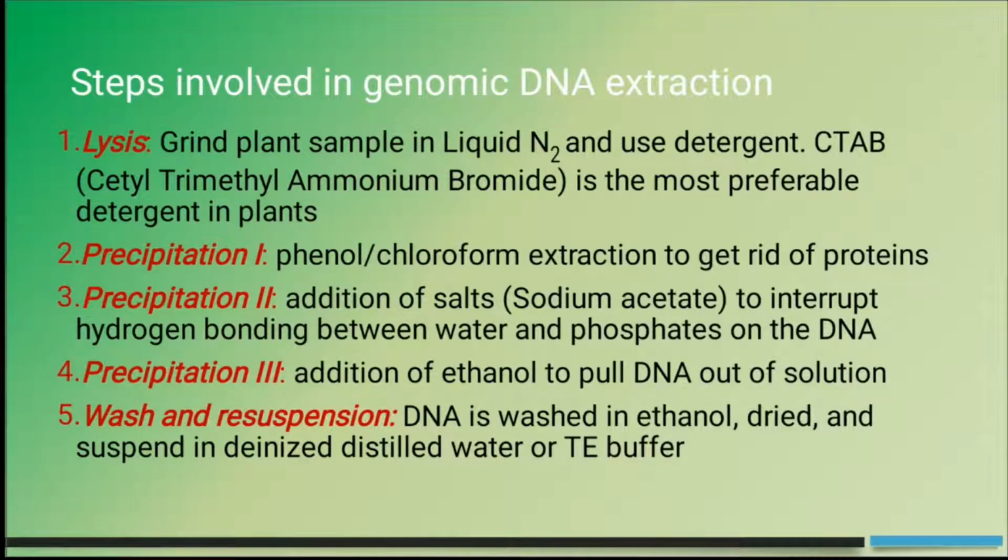Further precipitation of DNA to eliminate the salt will be achieved by addition of ethanol. This will again precipitate the DNA molecules and excess salt stays along with the supernatant and we can remove it. This way we purify the DNA and it is washed with alcohol one more time to eliminate the salt, and we have to resuspend it in distilled water or Tris-EDTA buffer. The Tris-EDTA buffer contains Tris and EDTA, which chelates the divalent cations that minimize DNase activity, and the Tris will maintain the optimum pH.